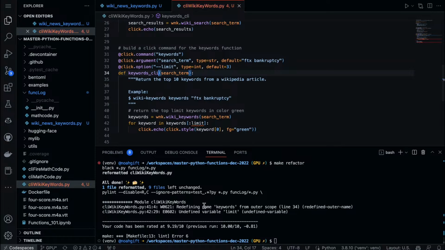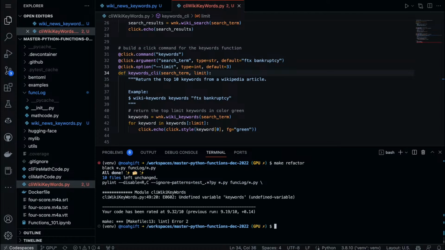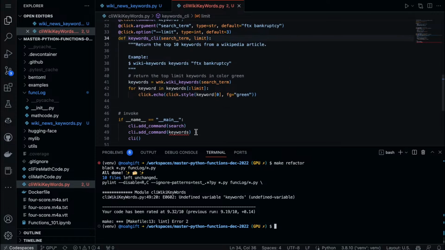And then also limit on line 42, because this needs to be passed into this limit. There we go. So refactor again helped us find bugs, undefined variable keywords, which is on line 49.